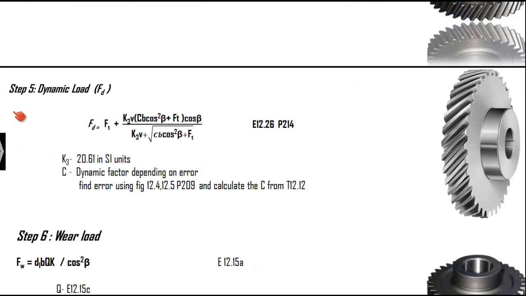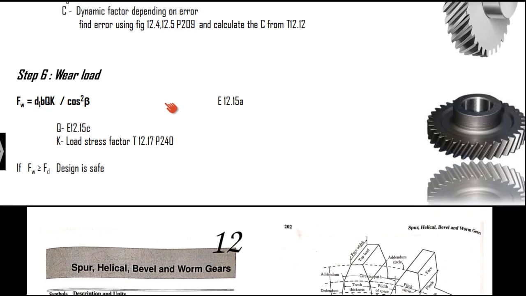And moving forward to step number 5, we have to calculate the dynamic load, where FT is going to be the equation given on page number 240. Here K3 is 20.61, and C is the same as what we did for the spur gear. You calculate the error first from the figure, not from the table. Using that, you can calculate the value of C from table 12.12 and substitute it over here. Once you have all these values, get the value of FD,